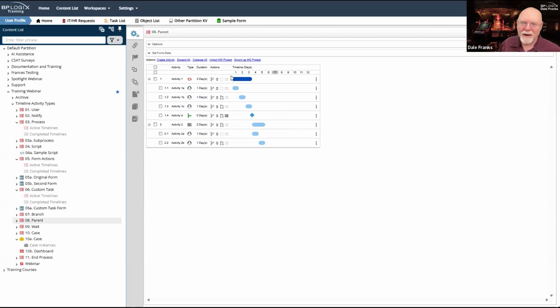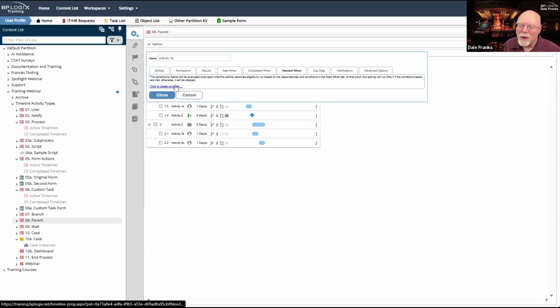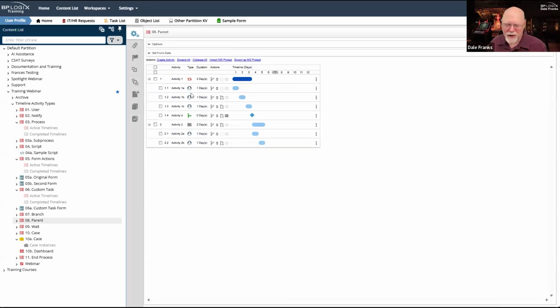And it sure made life hard. Or I had to do something in activity 1B that said, okay, this is only needed when the activity result of 1A is approved. I could do it that way. There was a lot of extra configuration that you had to do on every single step. The loop gets rid of all that. It just does the looping for you, and you don't have to worry about it.